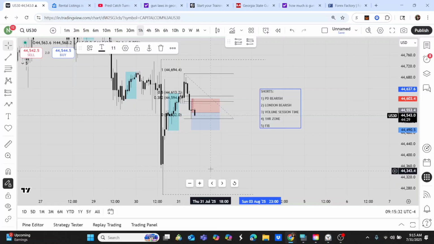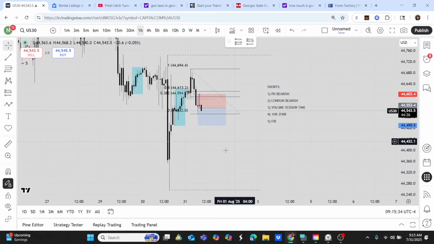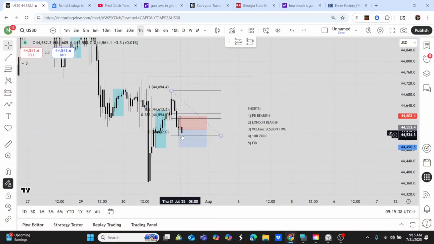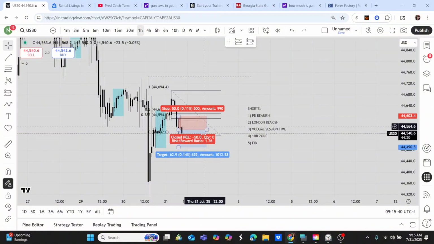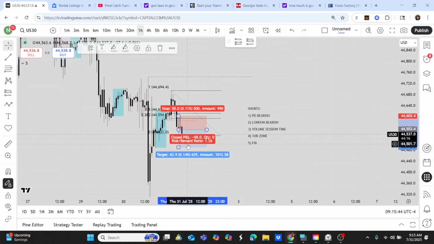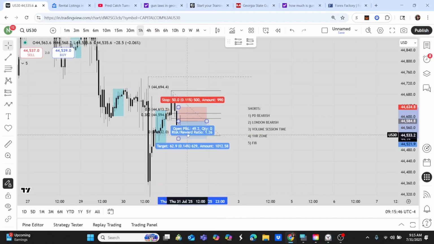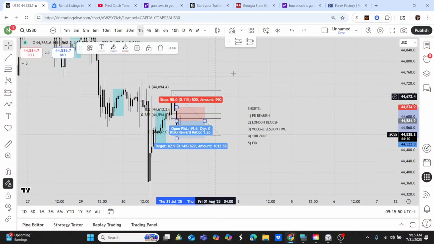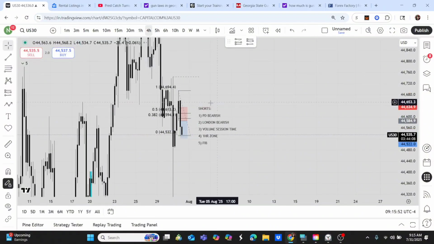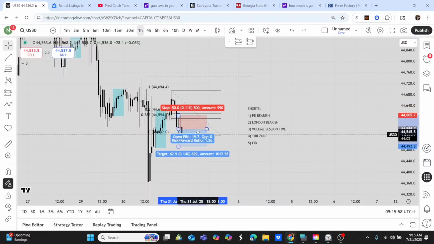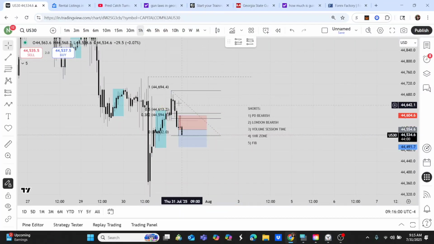It's a new day. I have two potential trade ideas for shorts right here. I'm looking for around 9:30 for price to retrace into this area for me to get a short, or if I do get stopped out on this position, I do think price may go short from this area right here, because this is a 4-hour zone right here as well. So those are two possible trade ideas, but I am liking this one right here because price already filled in all the gaps right here.